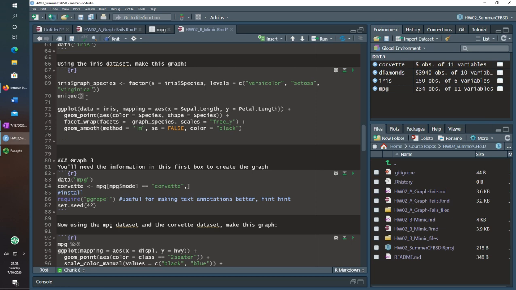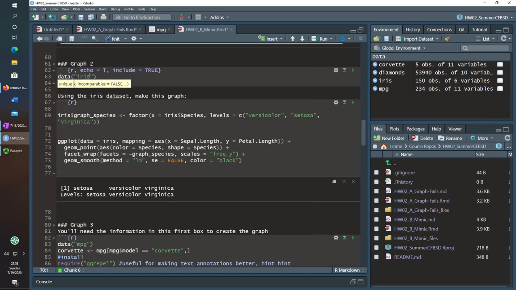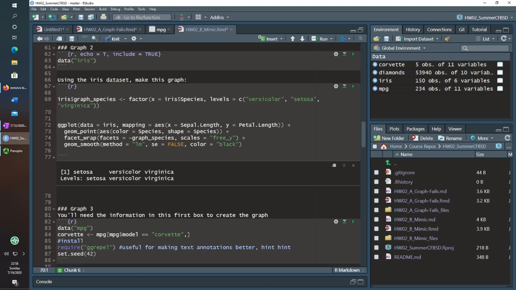But if you're ever looking for what values there are, you could just do unique, and let's just do species, and you can see that there's 3, and the levels, it is actually a factor already, but the order is in alphabetical order because that's just the default order for factors typically. In this case, it was because the data iris was stored in such a way that it saved species as a factor versus a character. Again, if you're interested in factors more, you can see the video I posted about that.